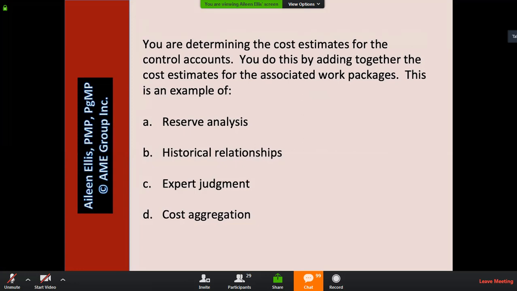We're determining the cost estimates for the control accounts. You do this by adding together the cost estimates for the associated work packages. This is an example of